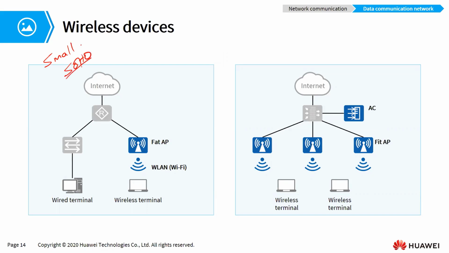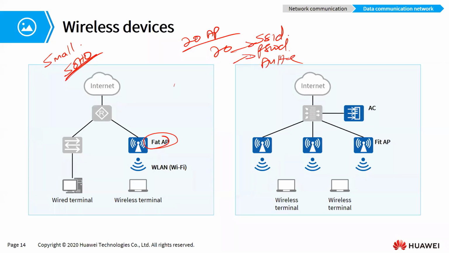If we are dealing with a large enterprise network where we need about 20 access points and we use that type of Wi-Fi router access points, then we need to configure 20 different access points, giving them the same Wi-Fi name, the same password, the same user accounts for authentication, the same default gateway, and the same static routes. 20 devices that can be held.